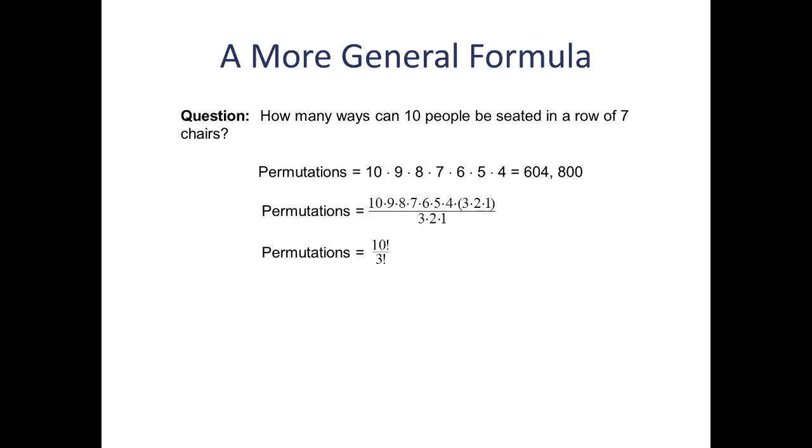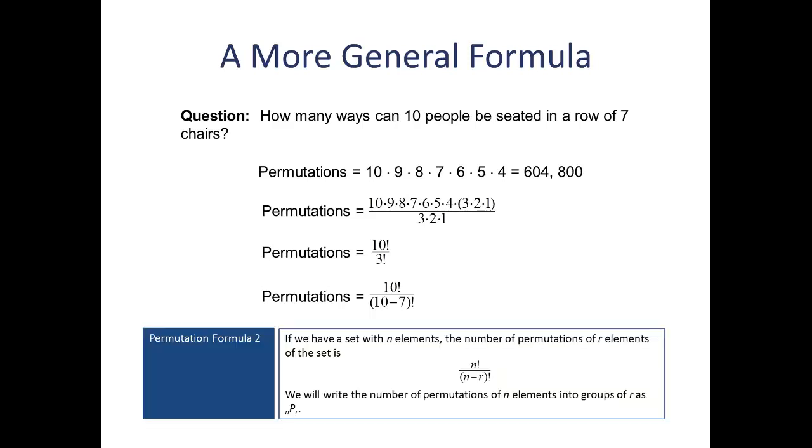It may seem a little awkward, but if we write the 3 factorial as 10 minus 7 factorial, the equation becomes this. Why would we want to write it that way? Well, writing the 3 as 10 minus 7 means that now all of the numbers in the formula also appear in the original question. So if we replace the number of elements in the set, the 10, with n, and the number of spots we have to fill, the 7 chairs, with r,